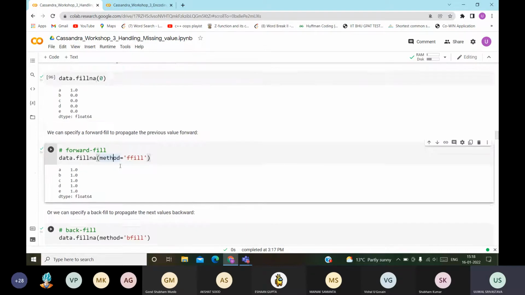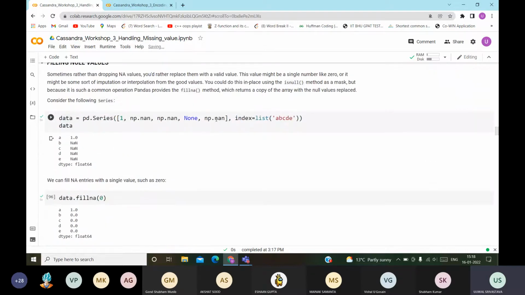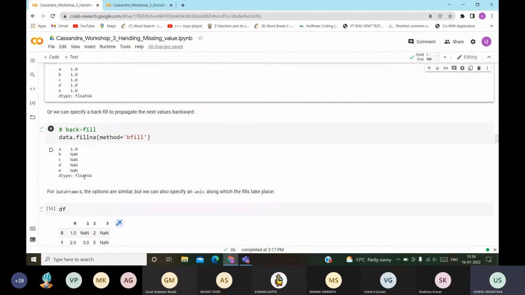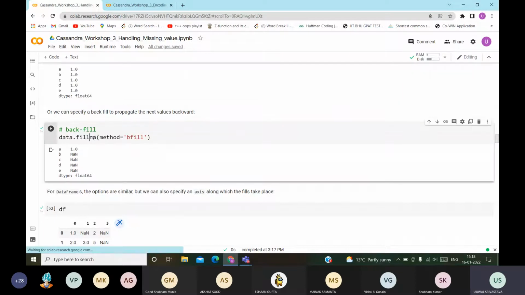Now you can see here the last value is np.nan, so it will not consider any values. It is propagating nan values, and we are only filling the na values. That's why 1 is not replaced, because we are only considering nan values. Those values that are nan, we are copying their value from the next one. So 1 remains once, and all the rest of the values are nan.